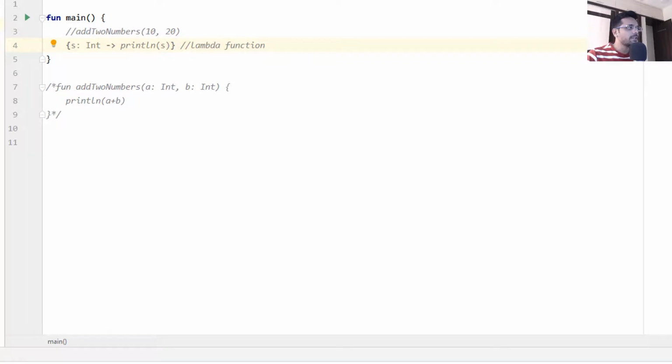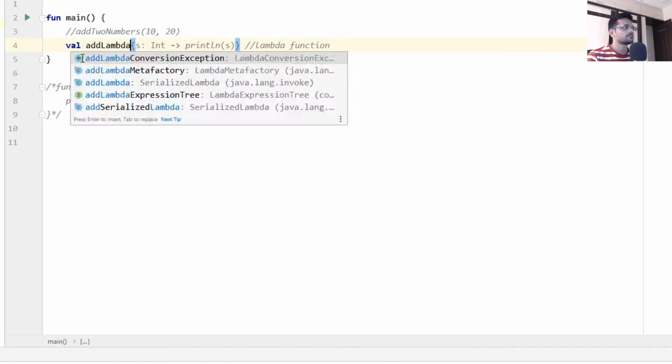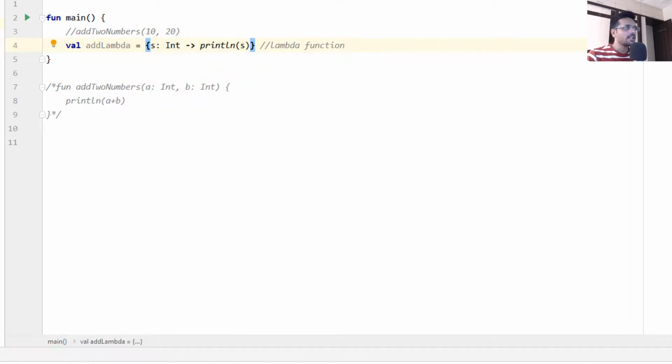Now let's declare a variable which can hold lambda. If you are confused, earlier we declared the type like this. But we can also declare it like this. Let's declare a function which can accept lambda as a variable.